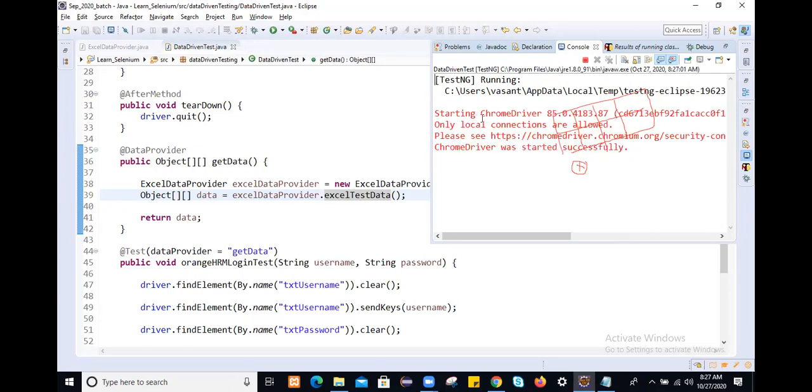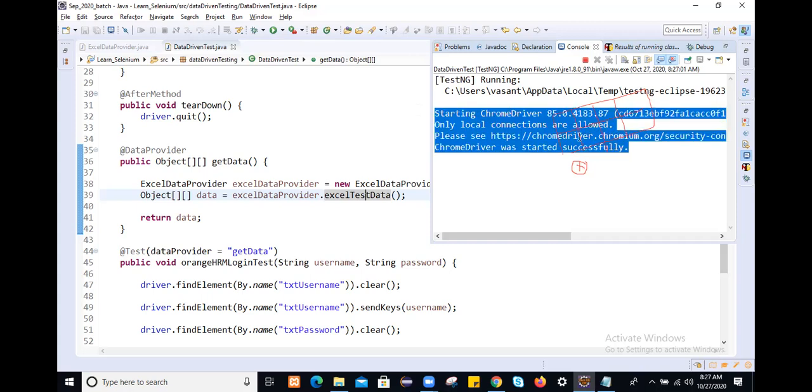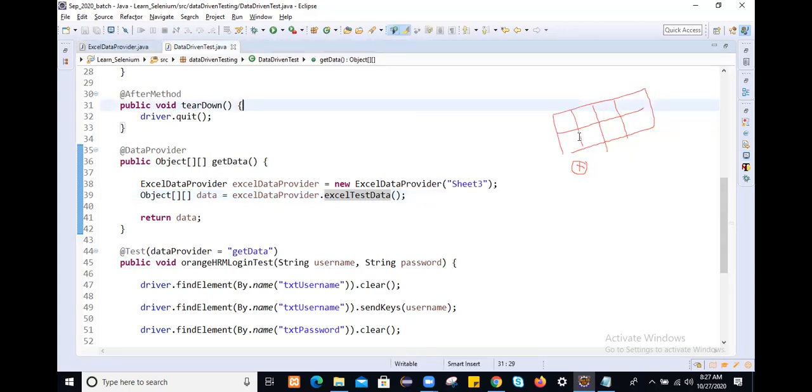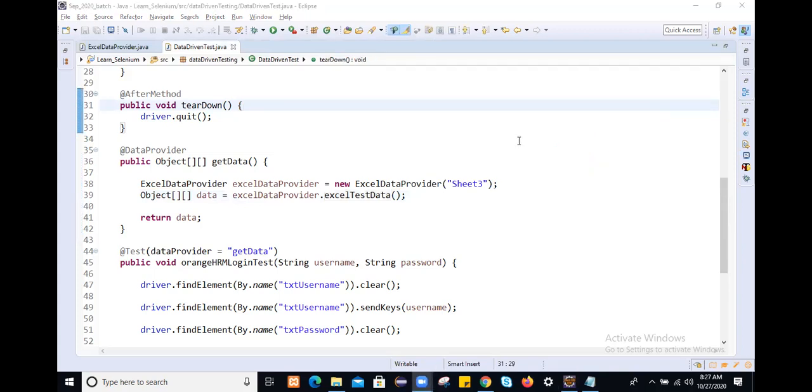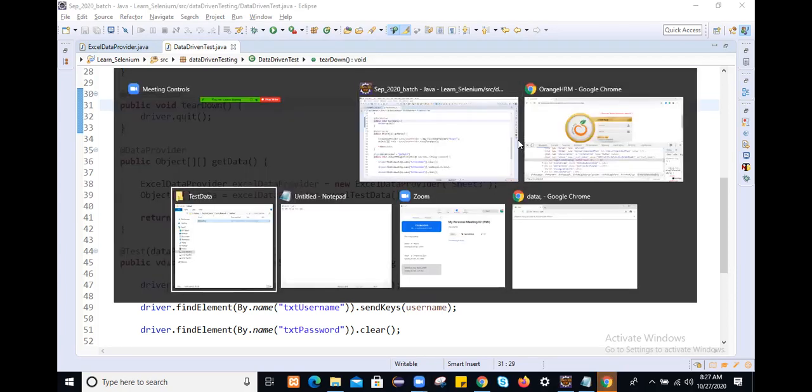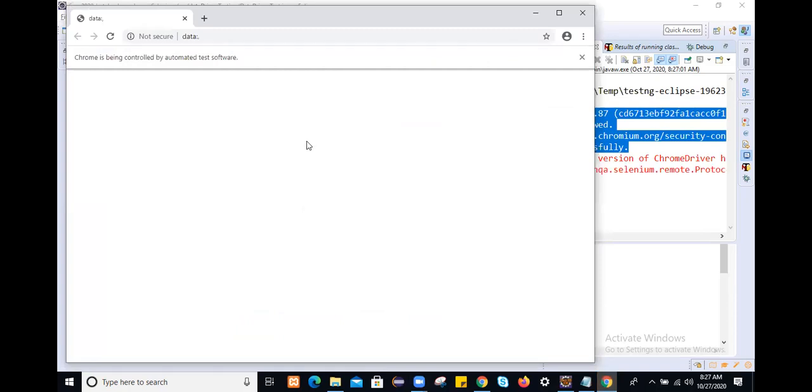Now you see your browser started successfully and you are not getting any ArrayIndexOutOfBoundsException. It will launch the browser, and this browser got launched automatically by using the automation test. And whatever test data we had prepared, it will execute for those test data.